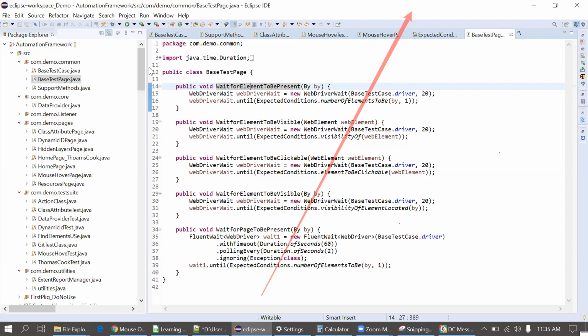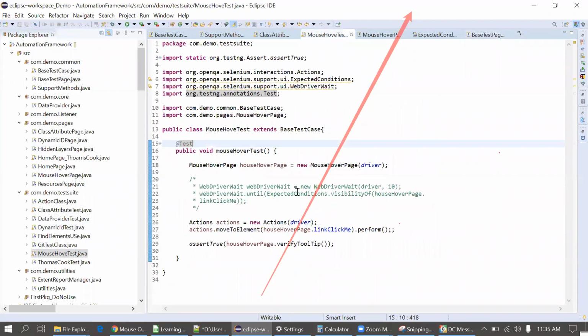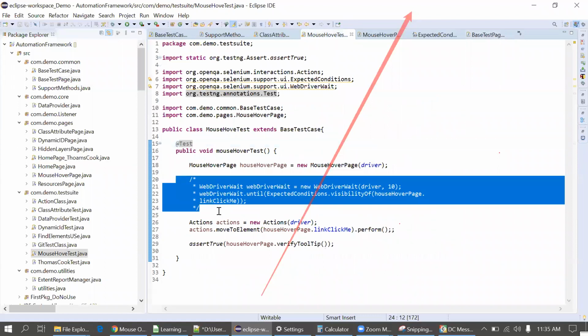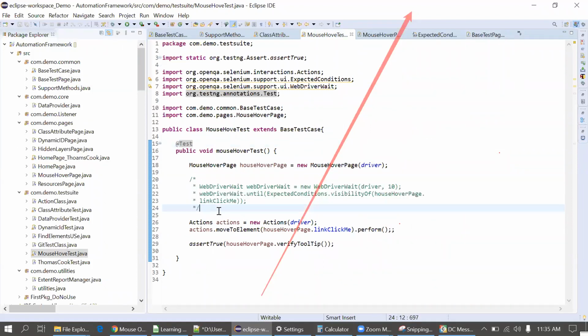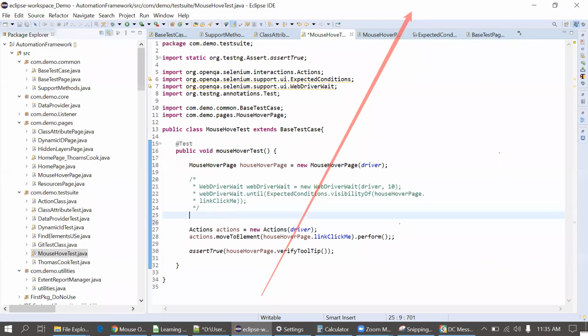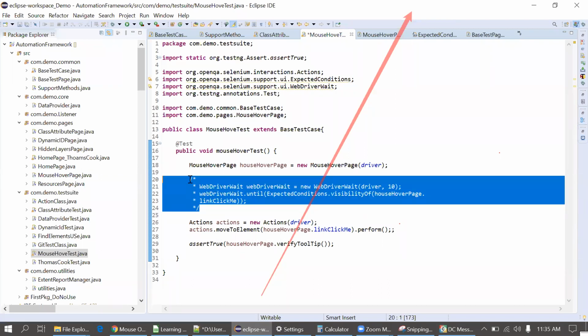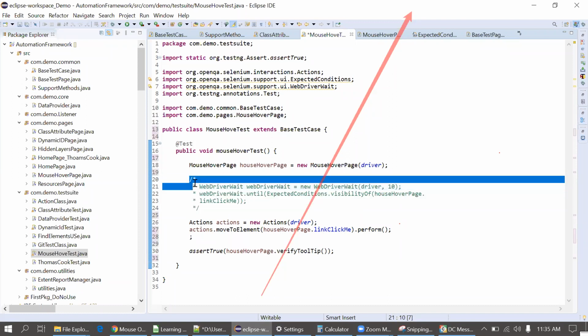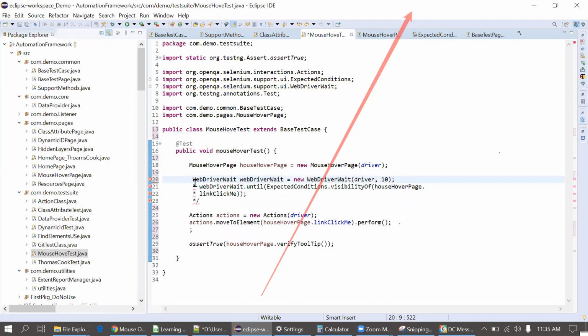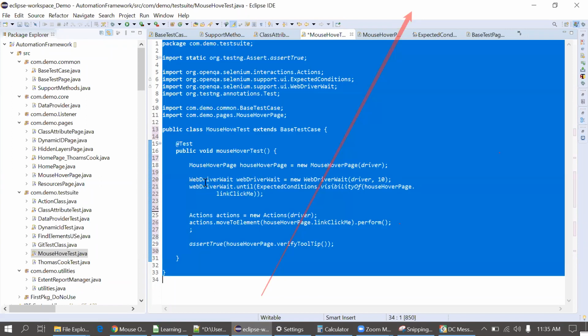Okay, I'm just taking the current test case example only. Mouse over, where is that? Yeah, this one. If this wait is needed here, I will not write a wait like this. I will simply call the method from base. I'll uncomment the code first and show you the difference. In all pages where we use waits, we put them singly in the base test page and use them by method. Yes, right, that we can do directly on the test page.